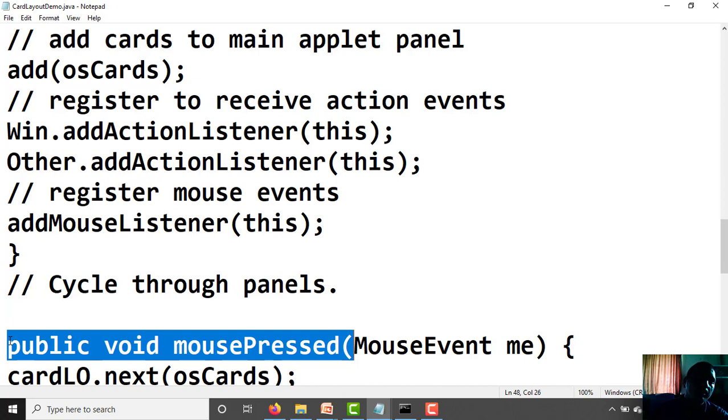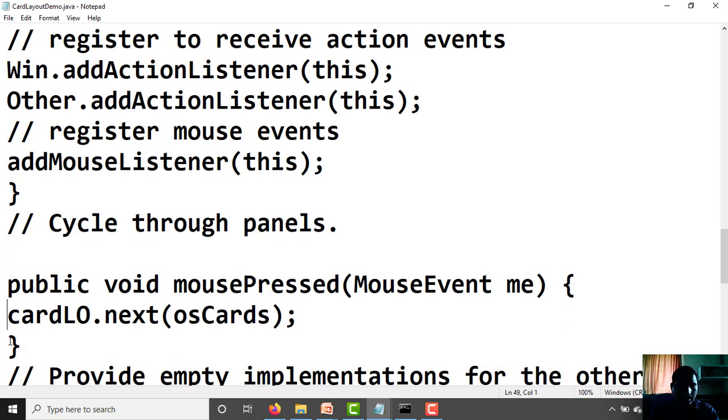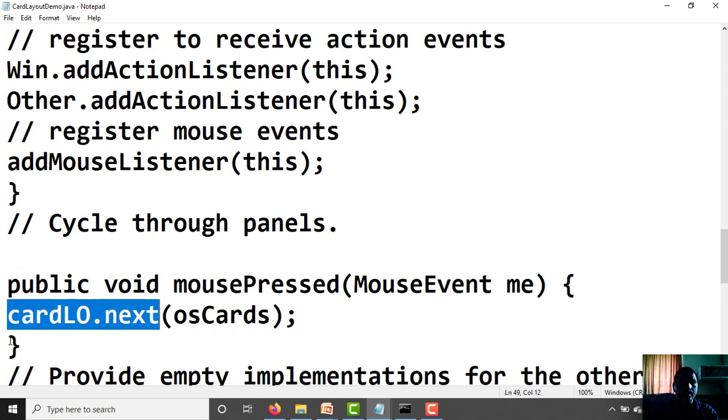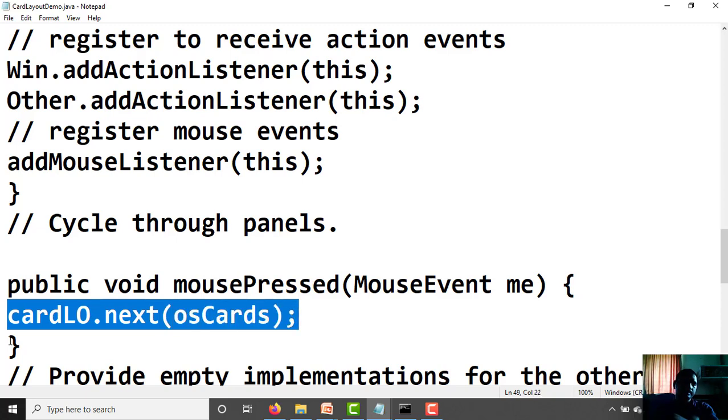You can use public void mousePressed(MouseEvent me) open curly bracket, and inside that curly bracket you can write the card layout object, cardLO.next(osCards), which cycles through to the next card. We can call it like this.